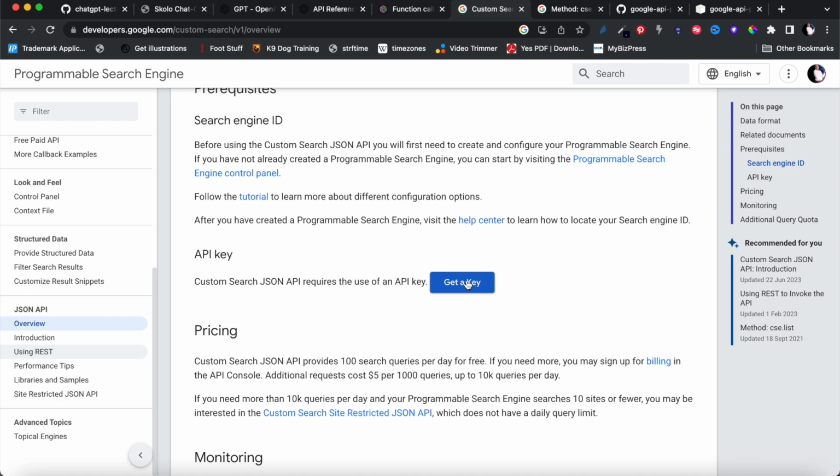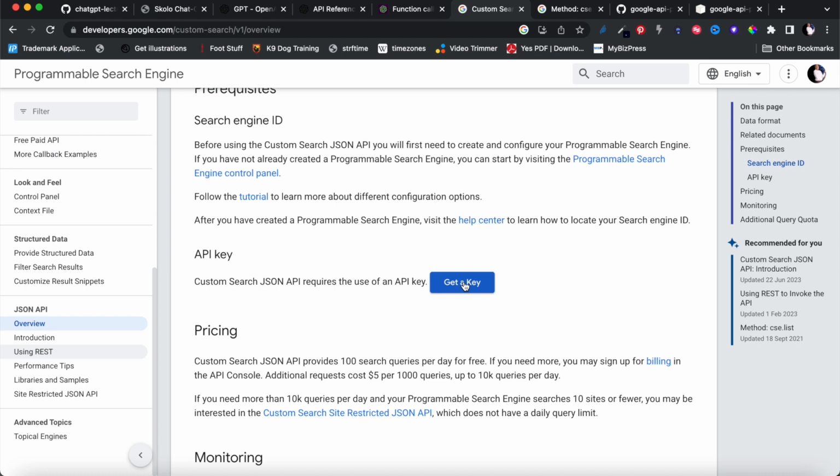It's a bit of a process, by the way, but if you're used to working with Google APIs, you can easily do it. You click, you're going to go to the Google developer page. If you don't have a Google developer account, you have to create a new one, and then you need to create an app, and then after you create an app, you need to activate the service, and then you get the key. All right, so it's a bit of a process, and it's fragmented how to do it, but if you can't figure it out, ask ChatGPT or Google something, or go to Stack Overflow, but